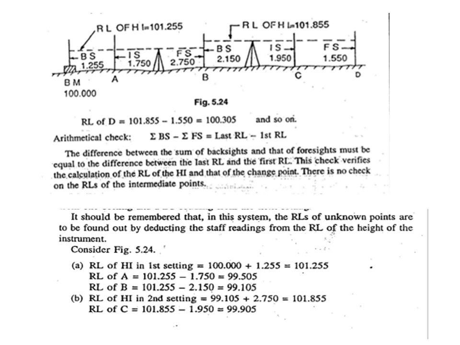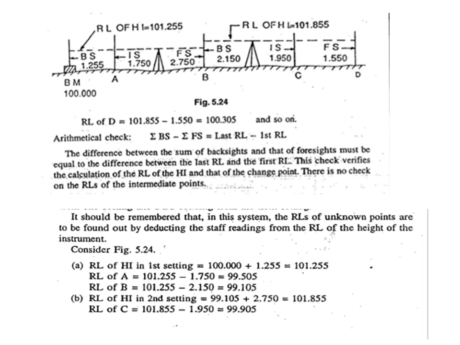Then the stop reading at A was taken, it is 1.750. Similarly at B it is 2.750. So in order to calculate the RL of A, we have to subtract the IS reading, that is 1.75, from the RL of HI, that is 101.255, to get the RL of A. Similarly, in order to calculate the RL of B, we have to subtract the stop reading, that is 2.750, which is the last stop reading taken from this particular setup. So therefore this reading is considered as foresight reading, and therefore RL of B can be calculated as